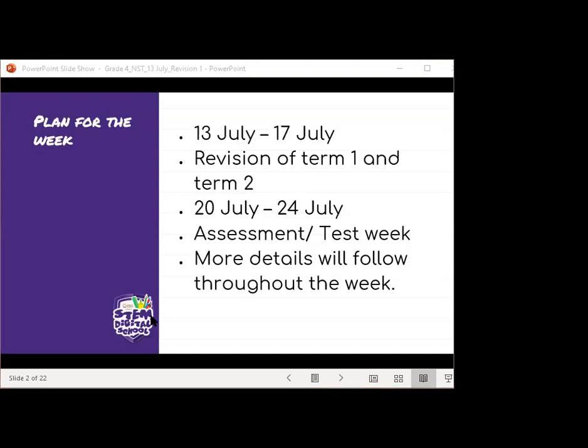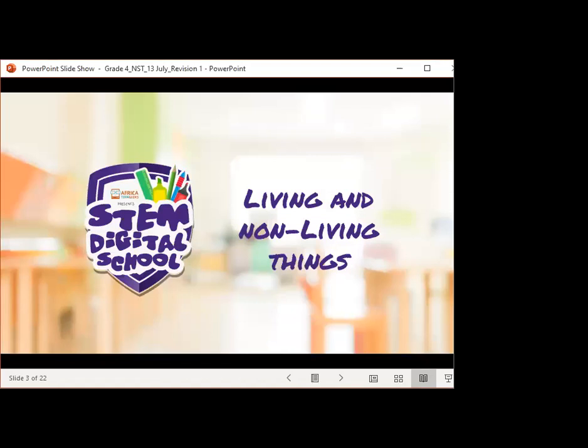Just before we start, please gather all your books, stationery, notes from term 1. Just get that in front of you, your notes, your textbooks, etc. from term 1, because we are revising living and non-living things right now. This is from term 1. The topic is living and non-living things. So get your books in front of you, your notes, the notebook, highlighters, pencils, so that if there is something that we cover in class today and it is not in your notes, then you can just add on. All right. Okay, hi Dante, hi Toby.